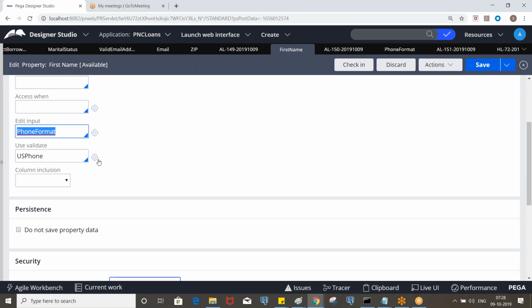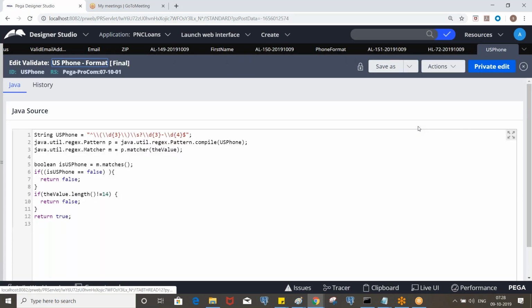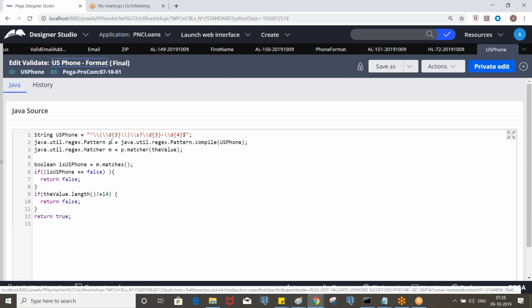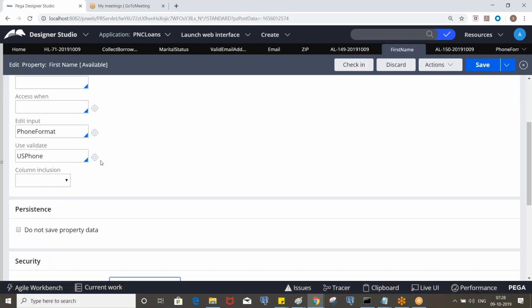I think we need to refresh that, but it doesn't require it. This is after editing. We have given both, right? Both will be validated at the same time. First, actually, it will validate, then this edit input rule will be invoked.